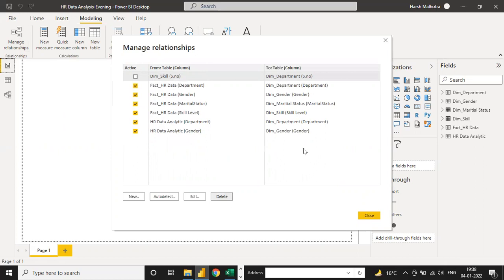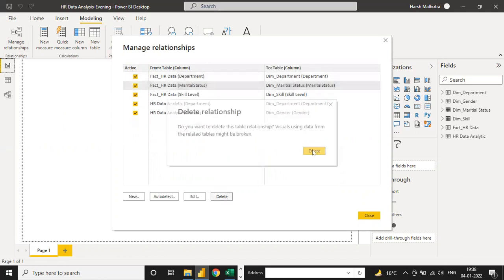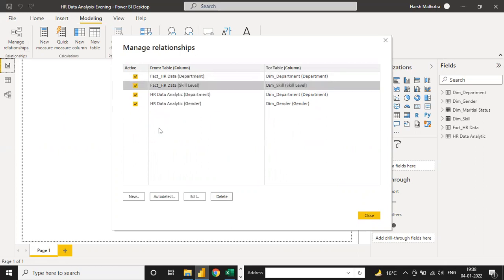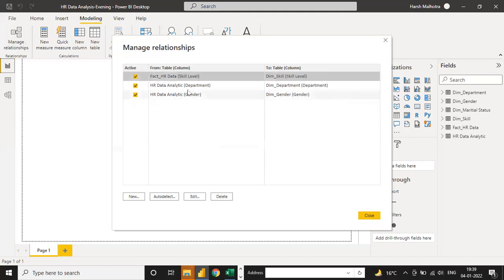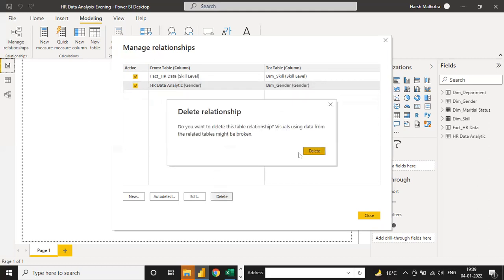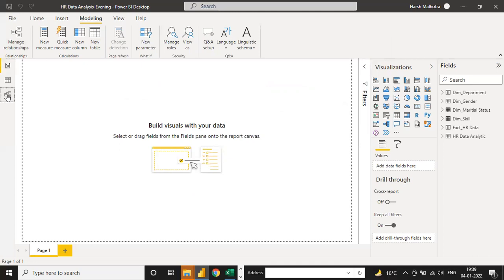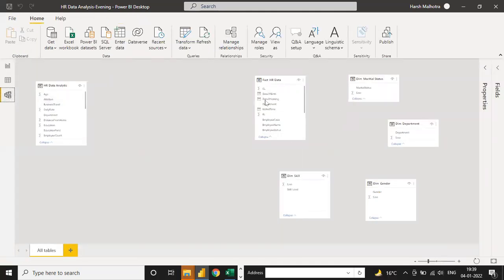Right click and delete. Select this, delete. Suppose you have experience of 2 or 3 years, or 2 or 3 months, then you can make the relationship automatically. But I always suggest making the relationship on your own, because it also improves your Power Query and that kind of task. Click this and now delete. So now we don't have any relationship. Click Close. And if you go into the Relationship tab, you can see all the lines are deleted.